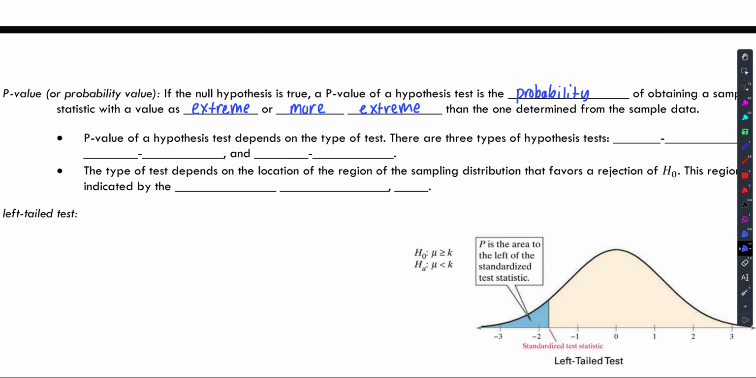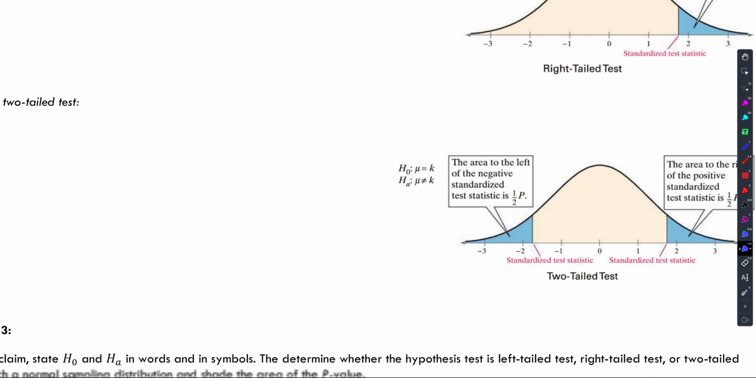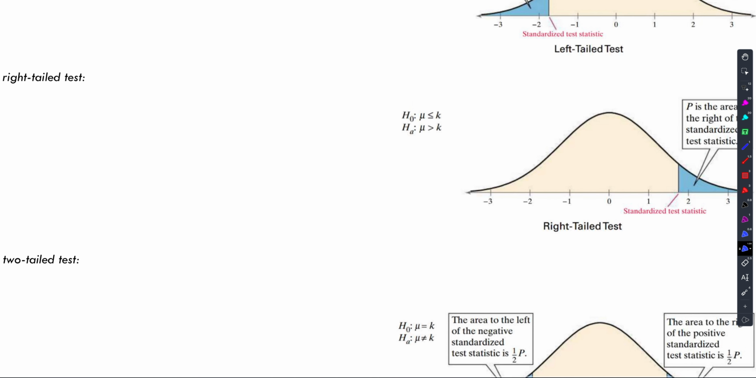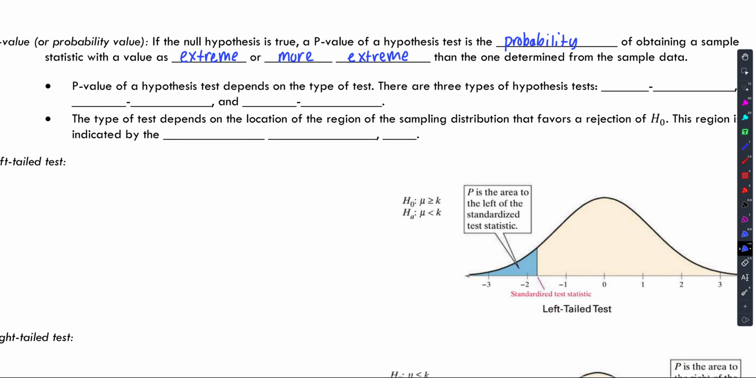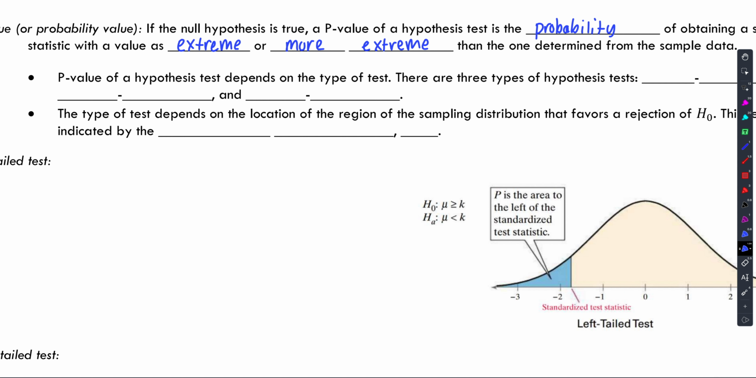When you get your standardized test statistic, you're going to have an area under your curve that is formed by the standardized test statistic. That area under that curve will be your p-value. It's going to come in the form of some type of tail: a left tail, a right tail, or two tails. So the p-value of a hypothesis test depends on the type of test that we're doing. We have three types of tests: